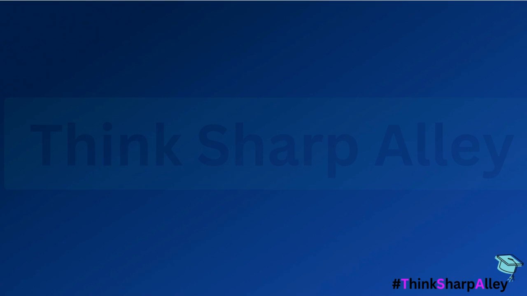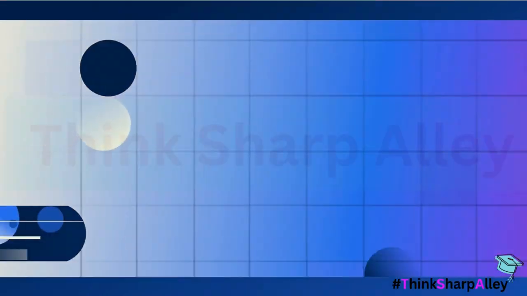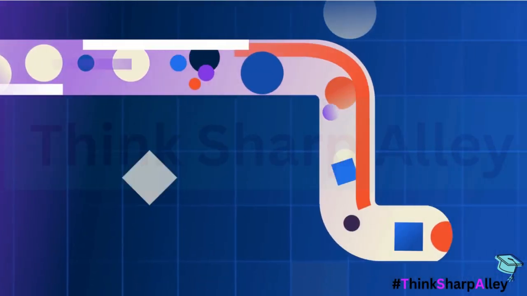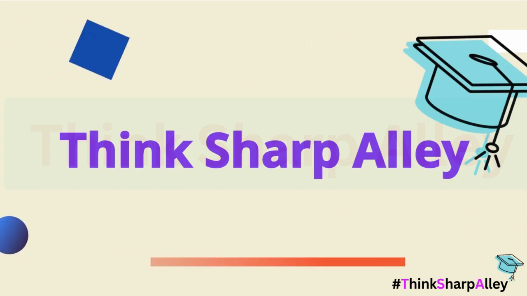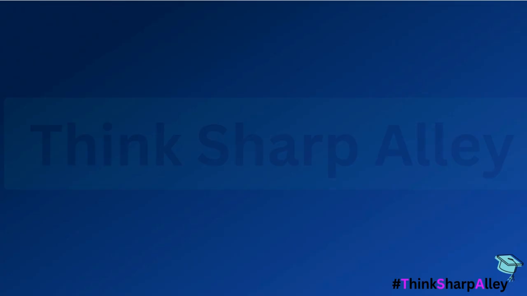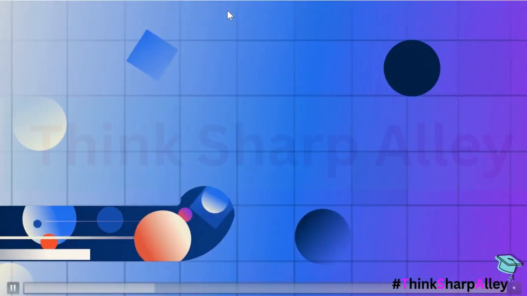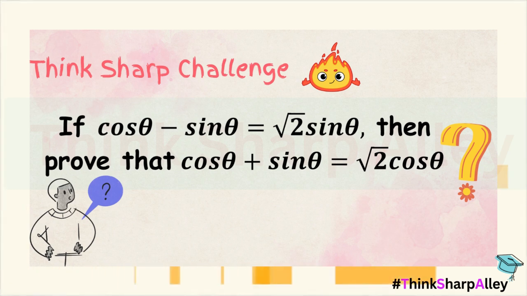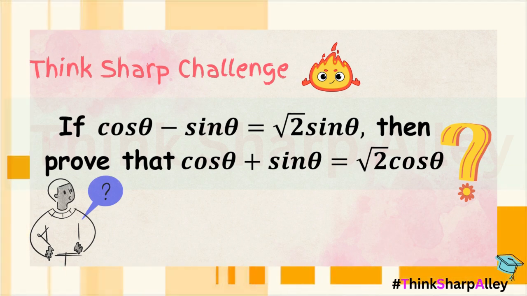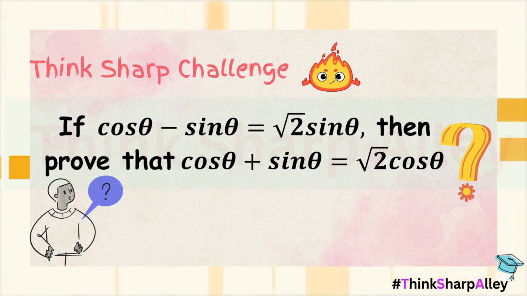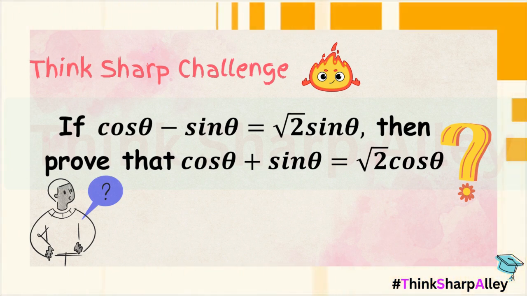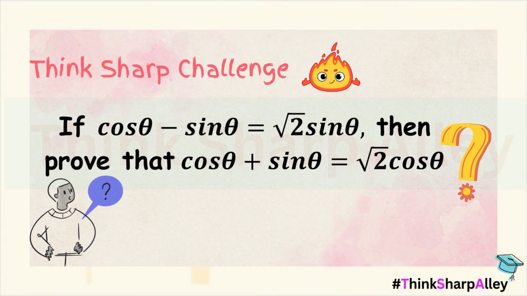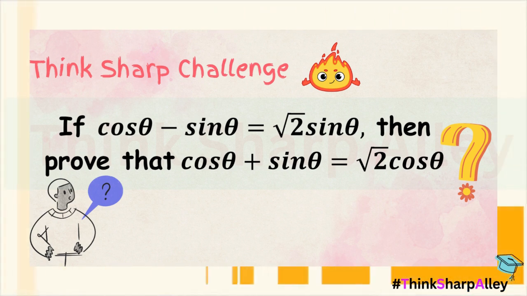Tricky trigo identities always look intimidating until we break them down step by step. Now that you've seen how squaring both sides can sometimes make things easier, I've got a challenge for you. Ready? Here's your related problem. Looks familiar, doesn't it? But this time you've got to turn the identity around and spot the pattern. Try squaring both sides again just like we did before, and don't forget your basic identities. Keep an eye on sin square theta plus cos square theta equals 1. That's your best friend in trigonometry.